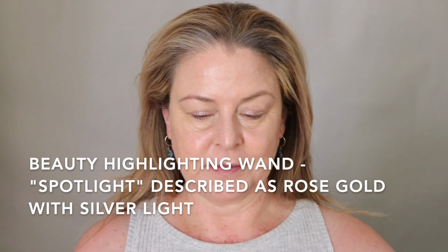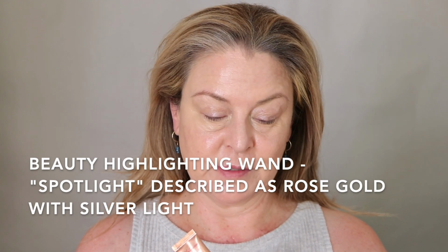And then I saw pictures like this and I thought maybe this will match my very favorite highlighter, which happens to be from Charlotte Tilbury. It is her original light wand in Spotlight. We are going to be doing some swatches here because nobody is being super good about taking photos of things as they are. So on the hand, of course, this is a heavy swatch,